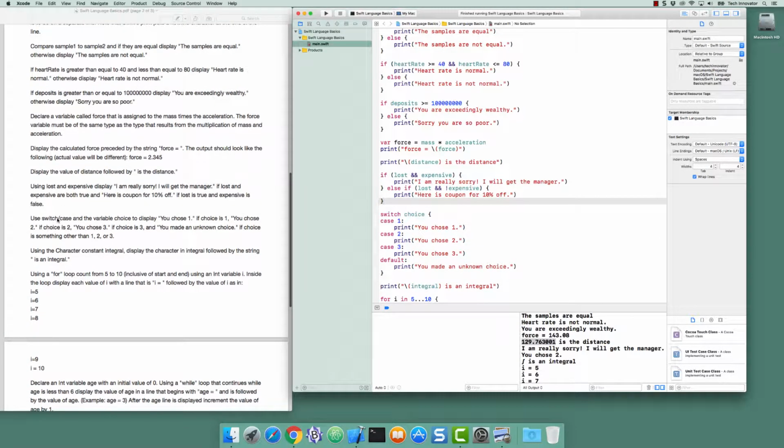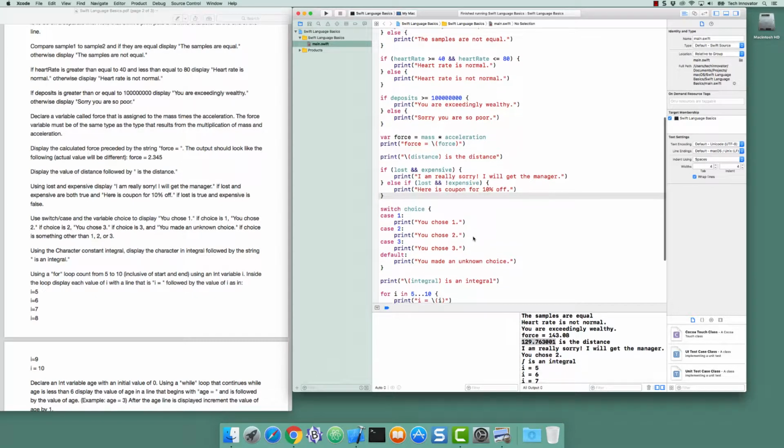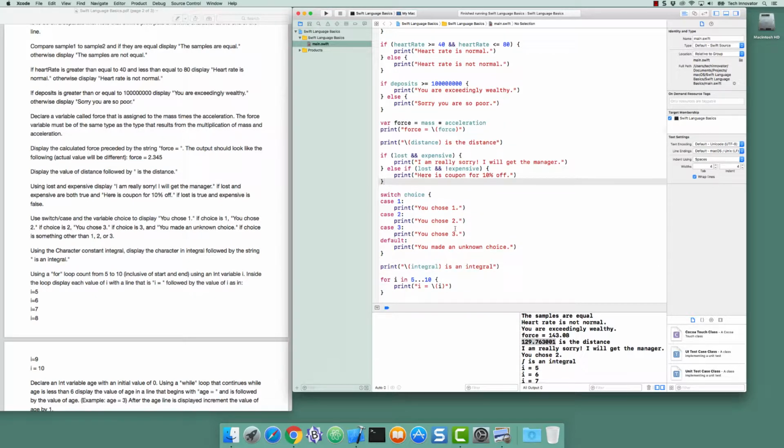Next, use switch case and the variable choice to display you chose 1 if you chose 1, you chose 2 if you chose 2, etc. So switch case, variable in a number of languages, is a little bit different in Swift, which we'll cover here. You would say switch followed by the thing you want to test, which in this case is choice, and we want to know whether choice is 1, 2, or 3, or if it's none of the above, the default